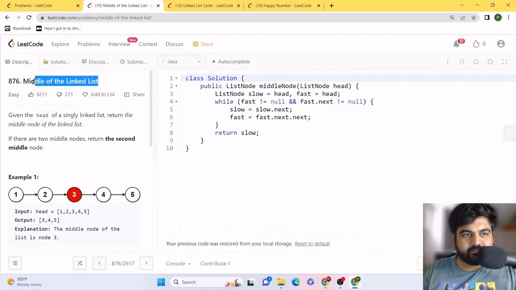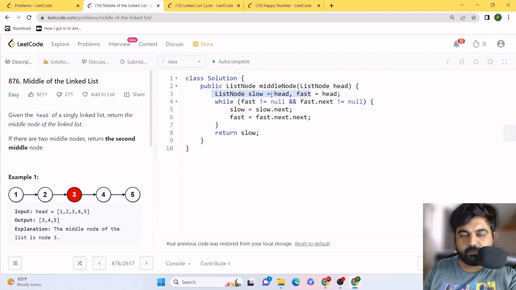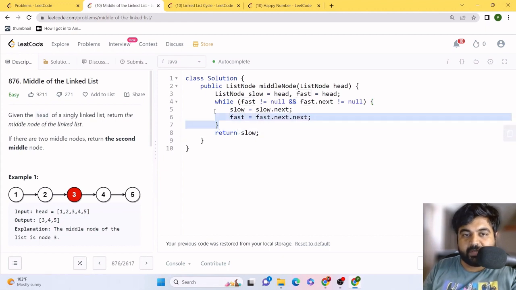Okay, so let's see the coding solution for the middle of the linked list problem. Basically, first of all, we are going to initialize 2 pointers, fast and slow pointer, and we are going to position both to the head of our given list node. Now we are simply going to run a while loop that while fast is not equal to null and fast.next is not equal to null, we are simply going to keep on incrementing the values of slow pointer and the fast pointer, where slow pointer is going to move conventionally to the next element. Meanwhile, fast pointer is going to move 2 steps forward and is going to run twice the speed of the slow pointer. The moment this while loop ends, the position of the slow pointer is going to be the position of the middle node, and we are going to return that.